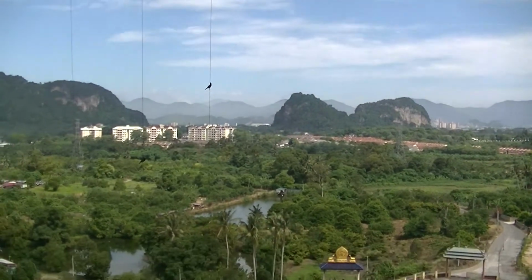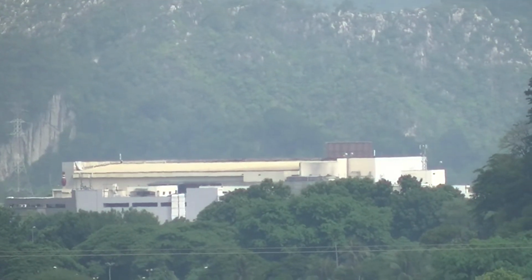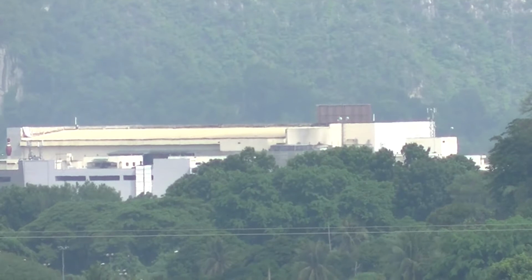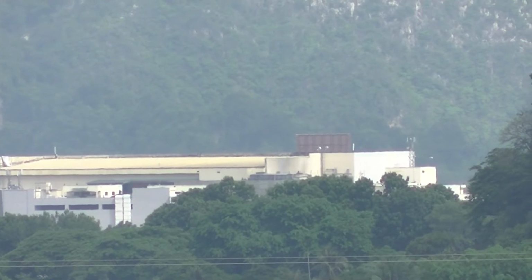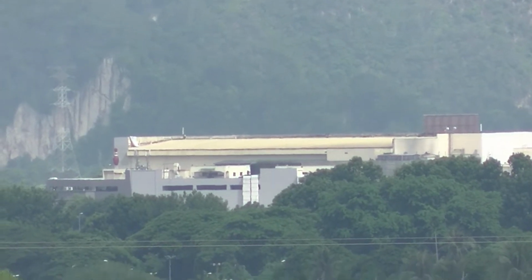And what do we have there? Maybe something else. Who knows? I might recognize it. What the hell is that? No idea. It's a factory. Do I know any factories around here? Nope, I do not know. Is it Aeon? Is it a shopping complex? I don't know actually. I don't think so. But that one here,